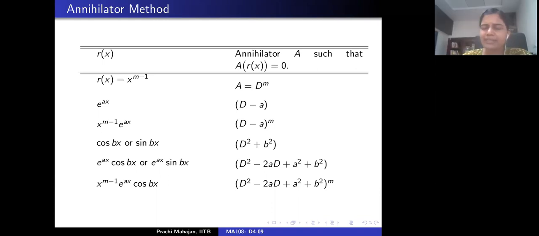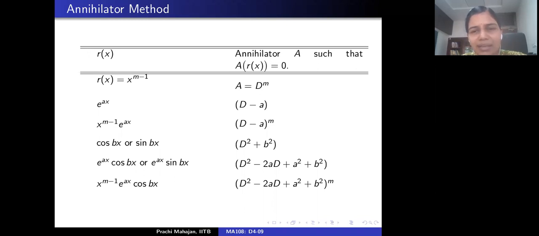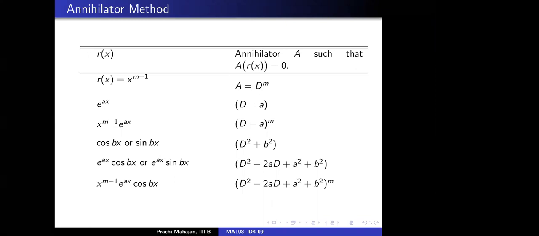See, let's take m to be 2 and find the solution of D minus a squared equal to 0. So how do you do it? One solution is e^(ax). Once you know one solution, how do you find another? We discussed a method which said that you look for another solution of the form v times f, where f is a given solution. And if you do the computation, v will turn out to be x. Yes, ma'am, we discussed this. You remember that? How do we go beyond this? Again, apply the same method.